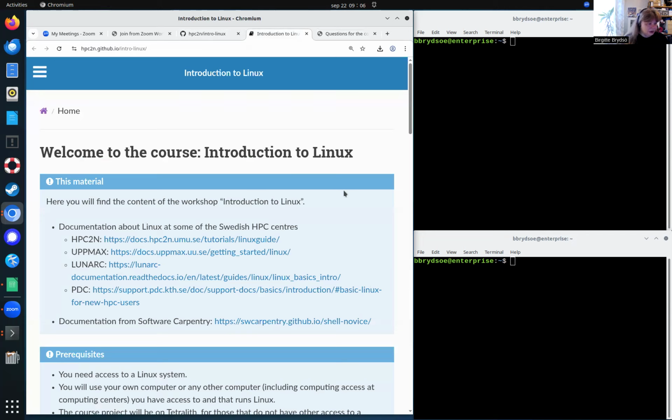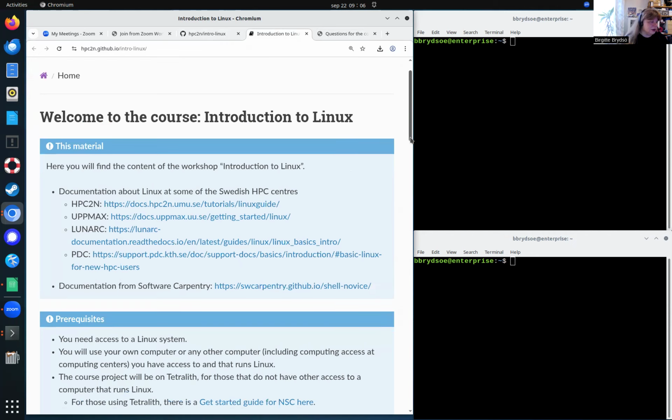So let us get started. First, there is this material here. It's written in MkDocs and it's on GitHub. And you can find some extra content about Linux, documentation about it at many of the Swedish HPC centers. These are the documentation I've been able to find. And there's also from Software Carpentry.